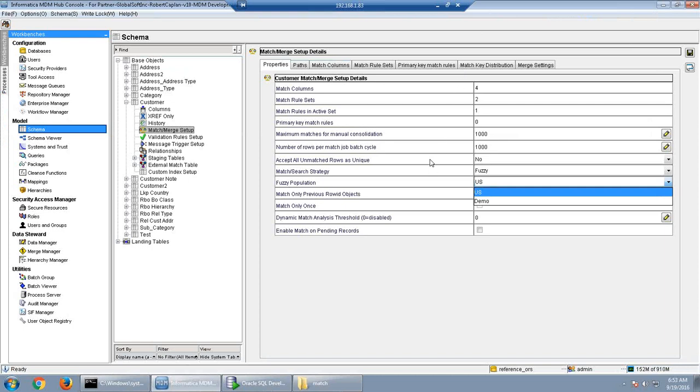So that is basically how the population file has to be set up, copying it at a particular location and enabling that into the CRepos SSA population. And probably this should be clear, like here why 2 is coming, US and demo both are coming. US and demo both are coming because I have enabled it for both of them. In my CRepos SSA population, I have enabled US as well as demo. That is the reason why both are coming. So that's the population file selection. Once we have selected the fuzzy, we have to select a population file.